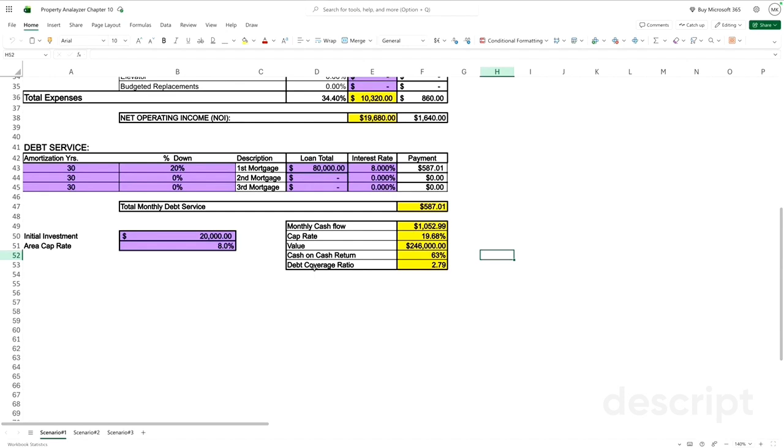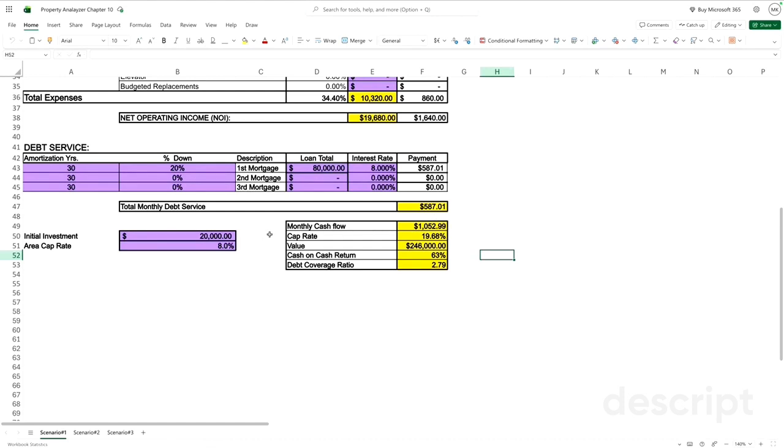Basically, it is how much return on investment you're making back on it. So for this example, your monthly cash flow is a little over $1,000 a month. If you multiply that by 12, you're generating over $12,000 a year. So you get your annual cash flow, and you divide by how much you put down on the property. So for this example,